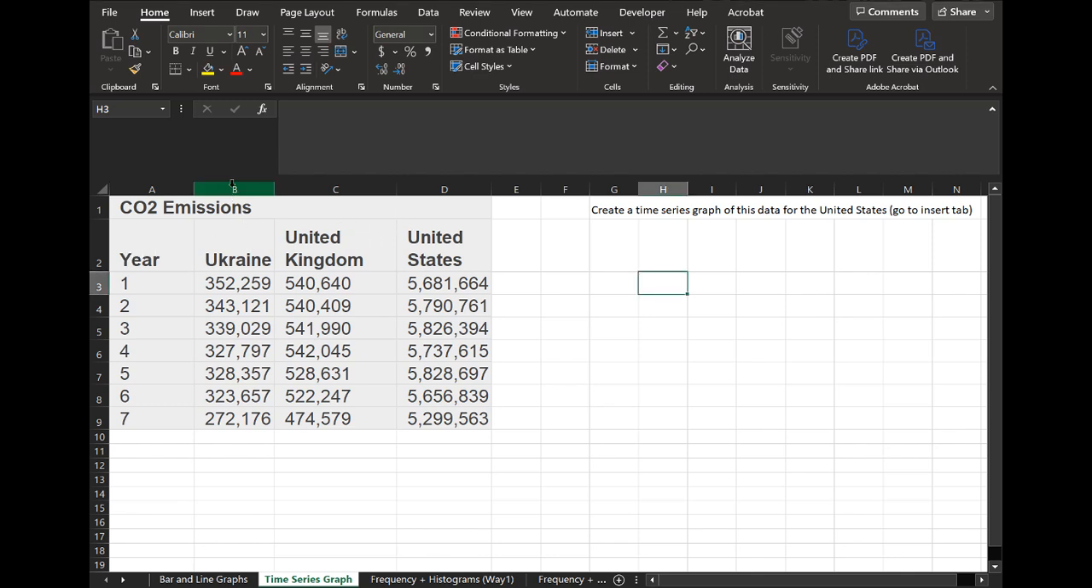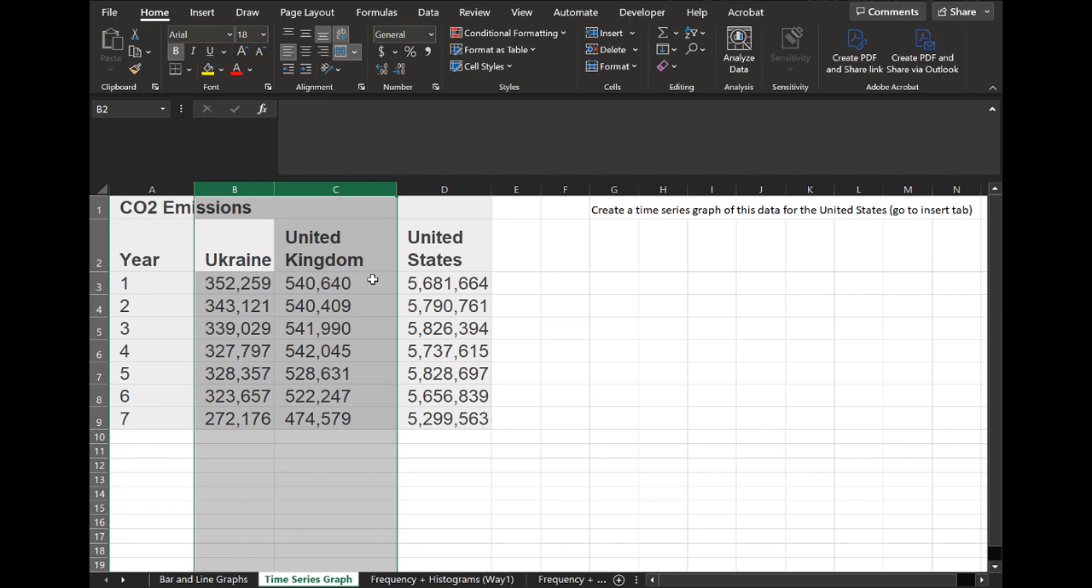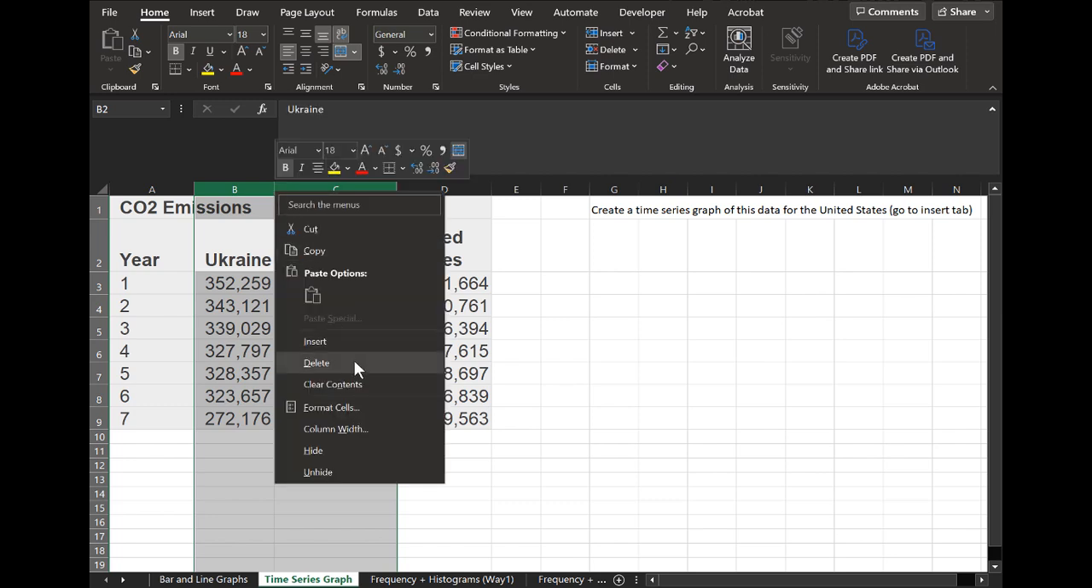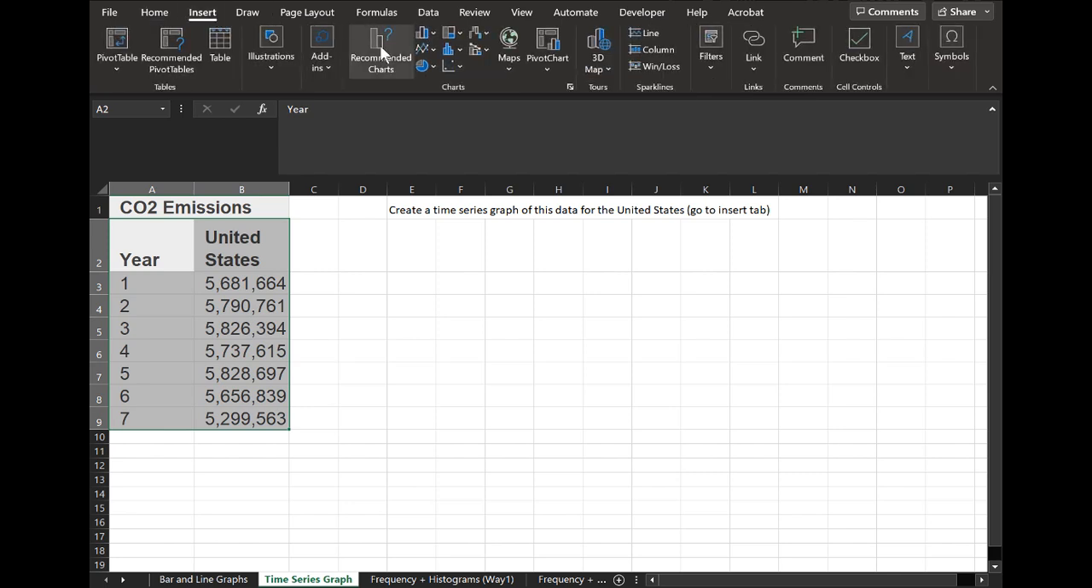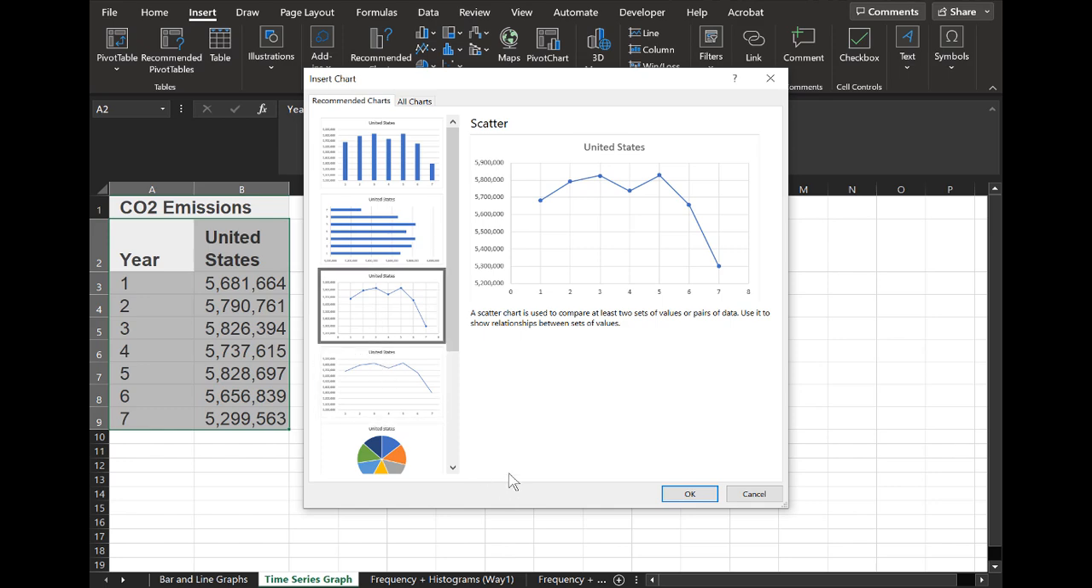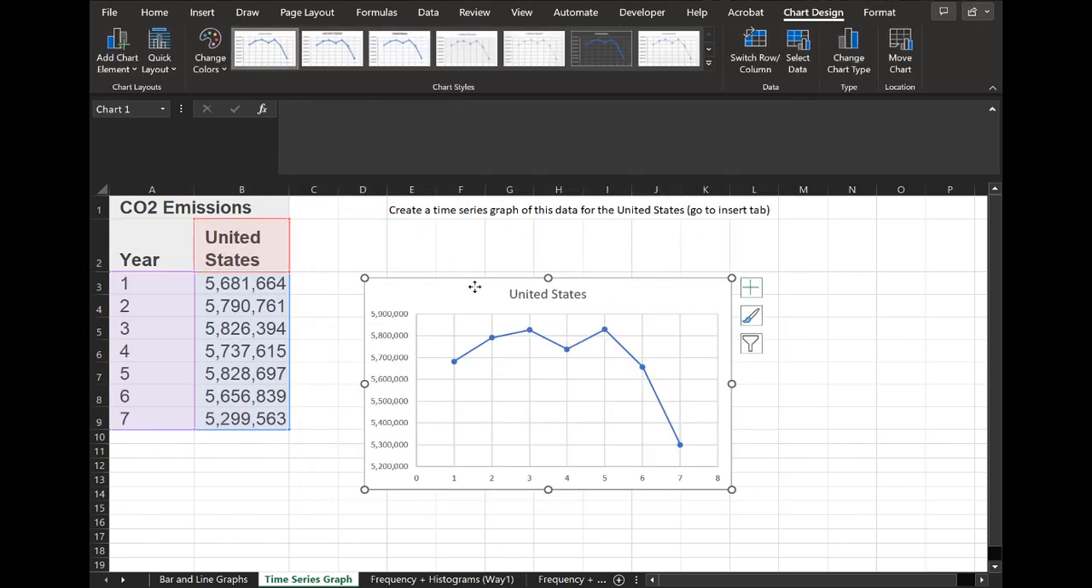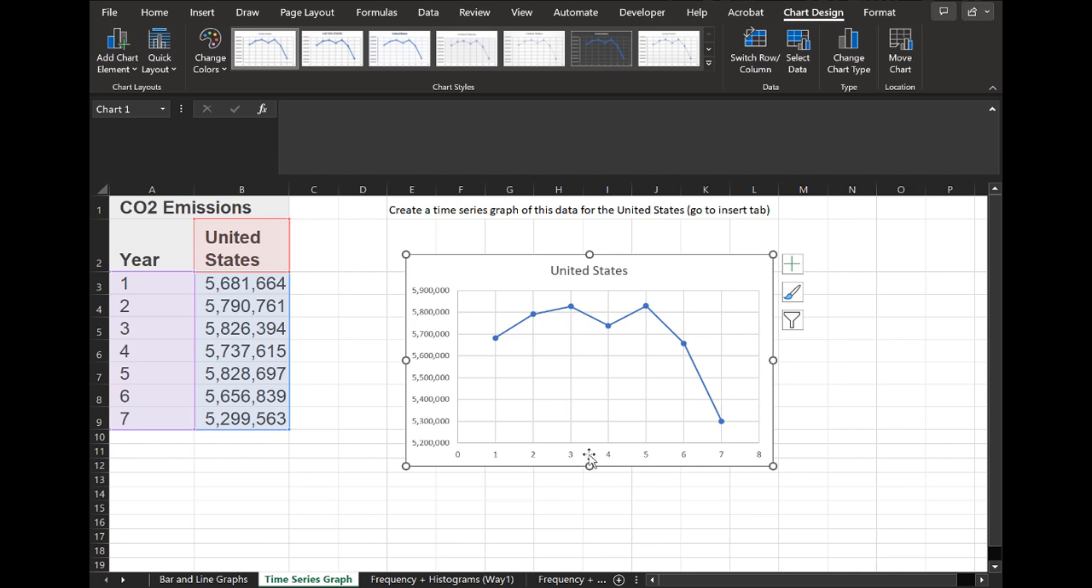Now, the easiest way would be to delete the data that you don't need. This is not really the best practice, but it does technically get the job done. So I could delete these two columns. I can go ahead and just go to these two columns and delete them. A time series graph is really just a line graph, so then I can select the data that I need. I can go into Insert, Recommended Charts up here, and then select the graph that I want, which is just this line graph, and you can see that I've got the years here